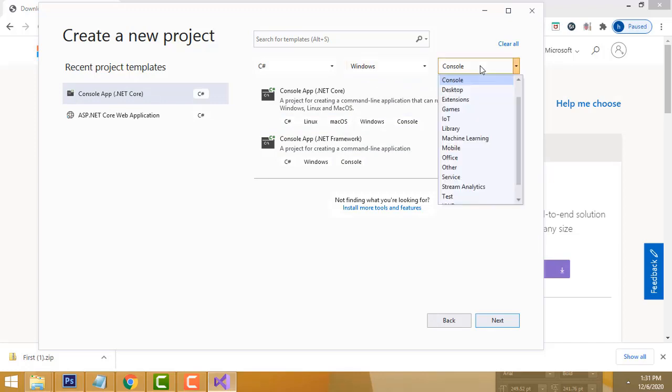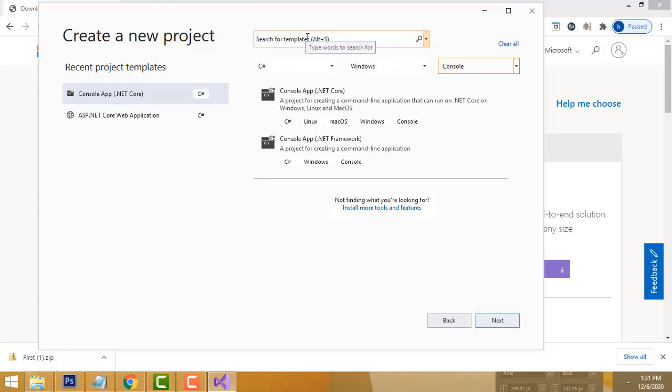Here you choose the application you are going to run, console or desktop, and the language C#. You can search over here; if you want a Windows application, type Windows and it will display the relevant templates.